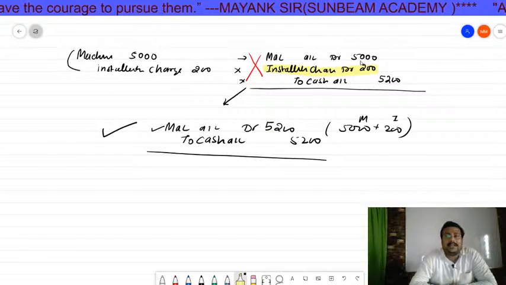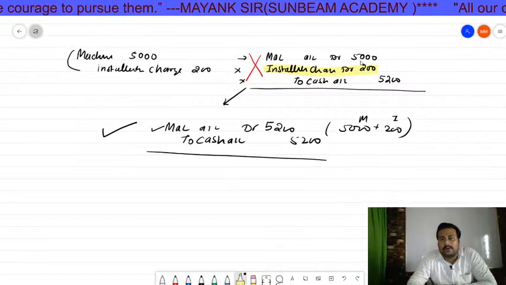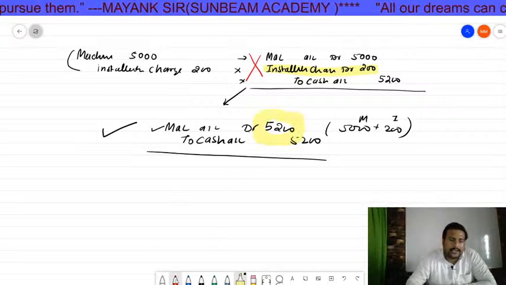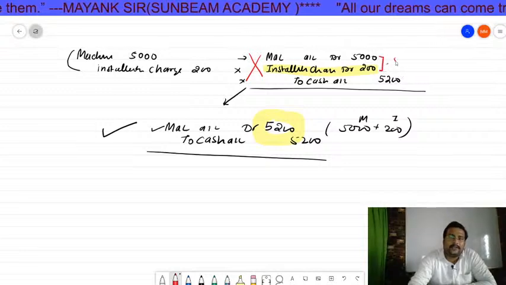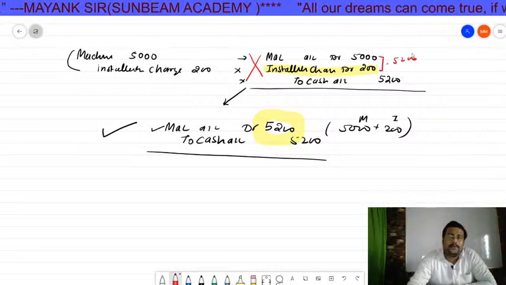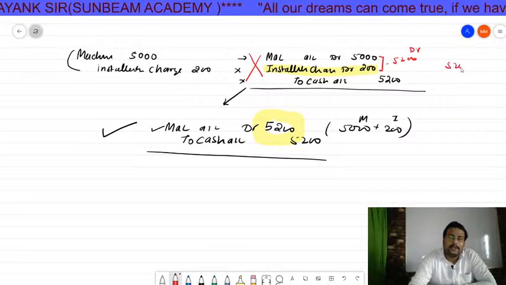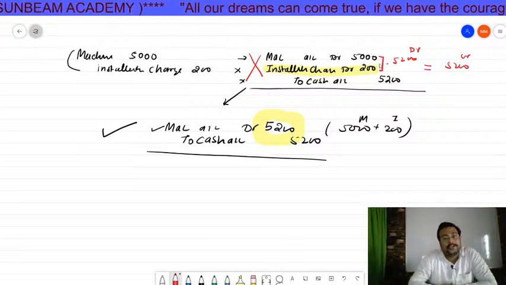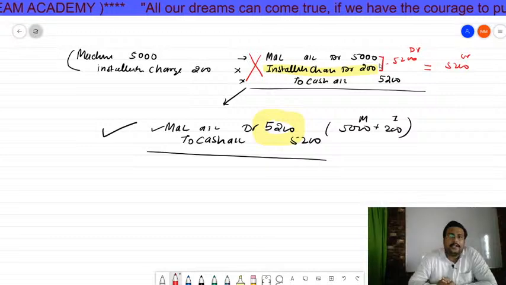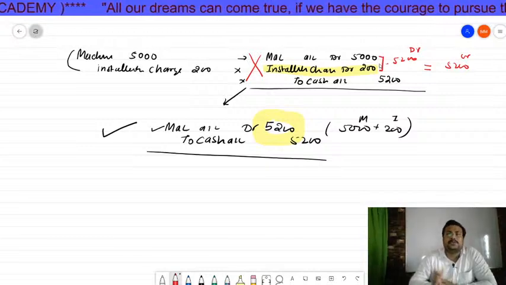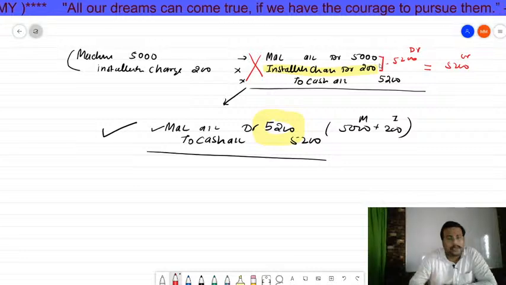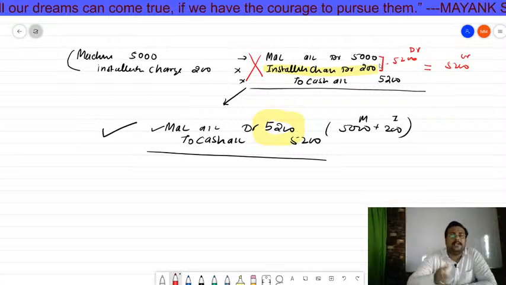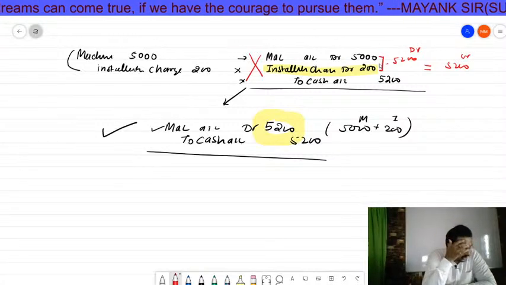The trial balance cannot identify this type of error also, because in debit 5,200 should come, and bacha, as you can see, already in debit 5,200 is passed. So 5,200 is in debit, 5,200 is in credit, both are coming equal. When both are equal, it is very simple that debit is equal to credit. Getting my point? So when debit is equal to credit, the trial balance will not be affected by this particular transaction.